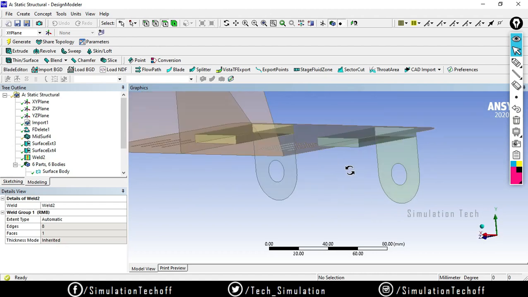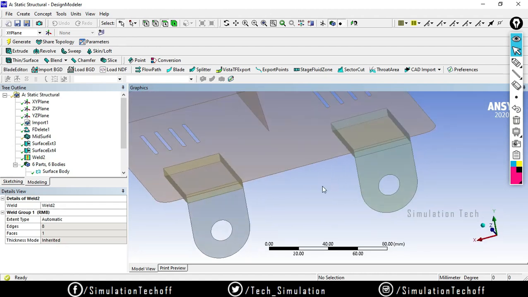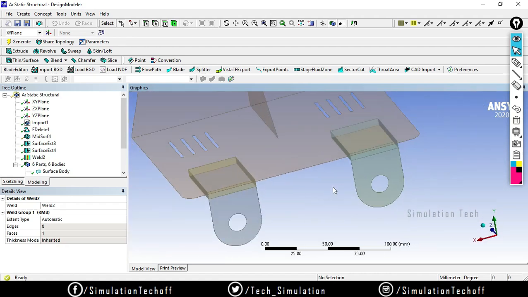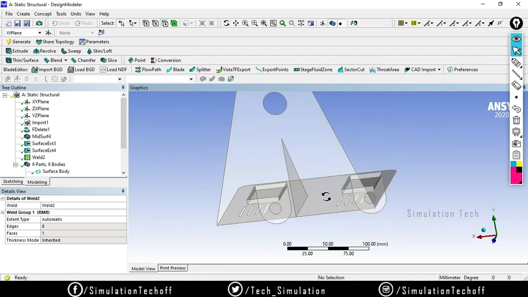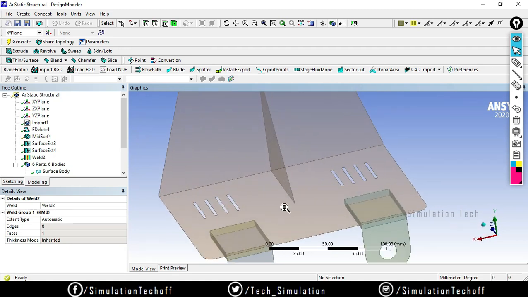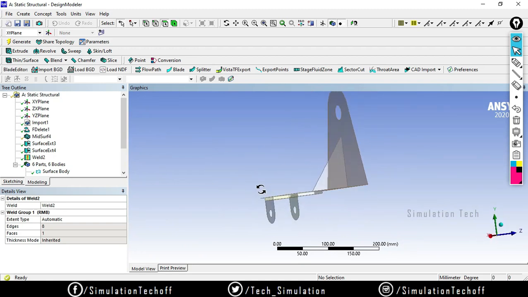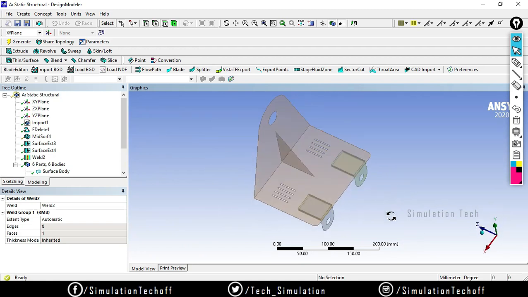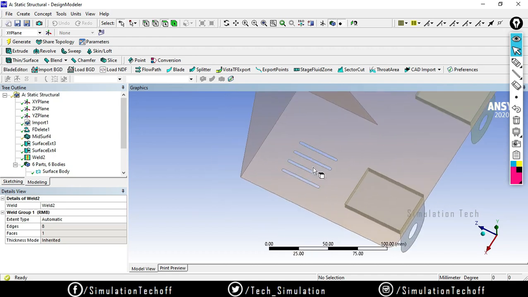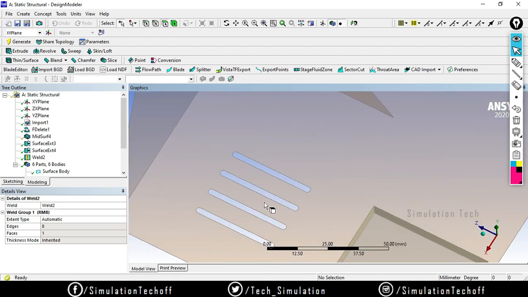See, you will notice that these two structures will be connected with each other by a surface, right? So all my connections are created, but I don't want these holes right now, so I want to patch it.